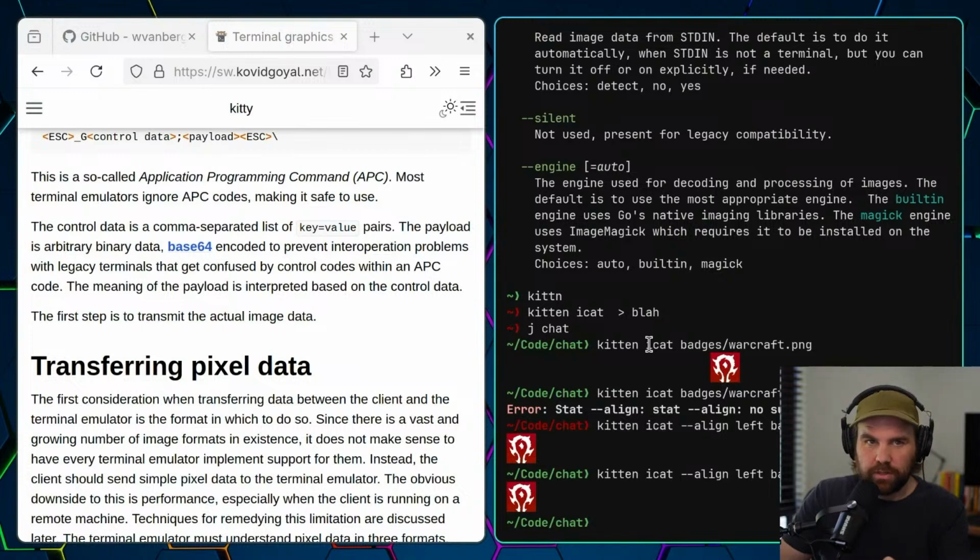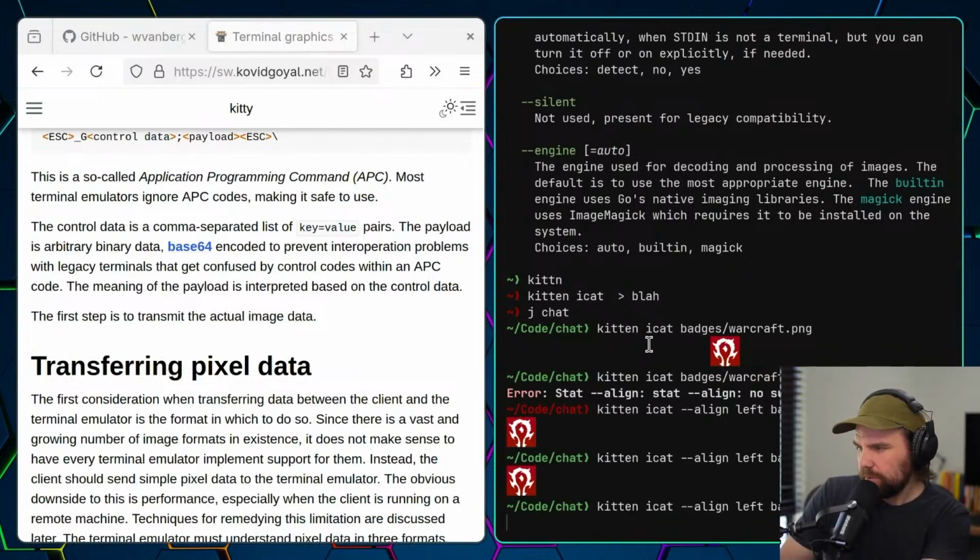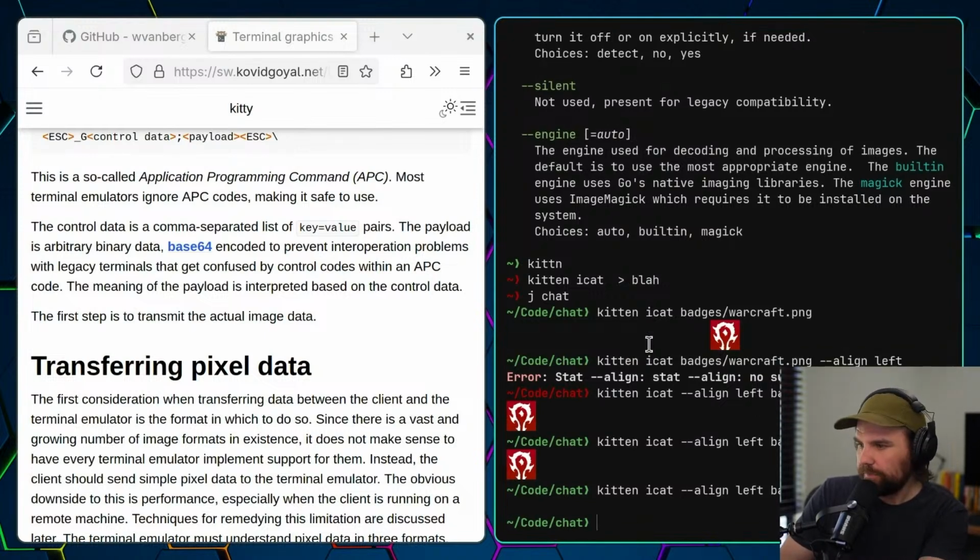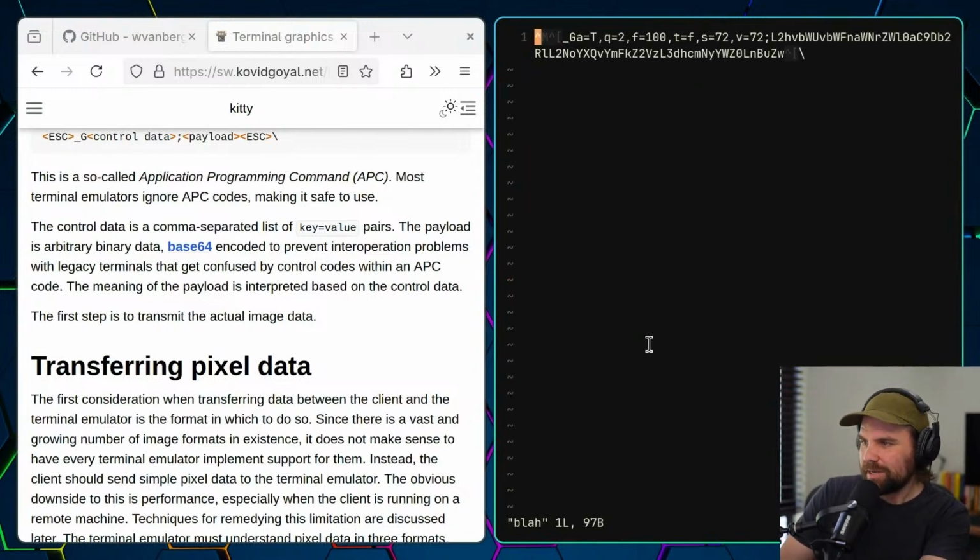I just couldn't get my thing working, but this thing was working. So what I did was pretty tricky, and I was proud of myself: I ran the command and then I piped the whole output of the command into a file. It didn't show anything because the output went into a file. And then I opened the file. So this is what gets printed out. This is what the output of the kitten icat command was. Because this is just a string, or kind of a series of things, right?